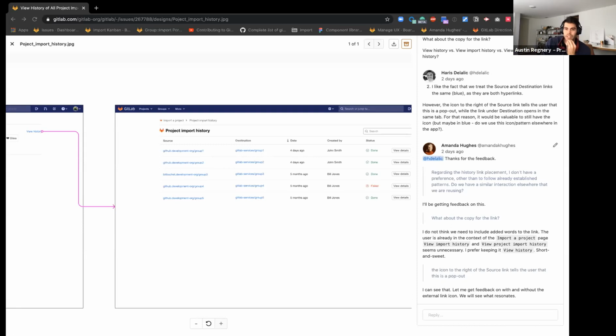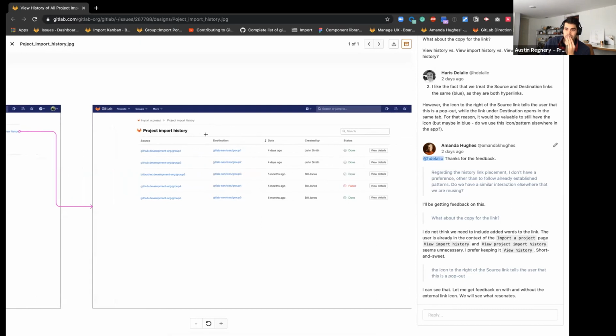Maybe prepending that as a prefix, or putting it in the table header for the column, would help draw a distinction that this is GitLab and this is external. There are badges that have icons, and icon badges. If you look at the badge, that might be something like what you're interested in.